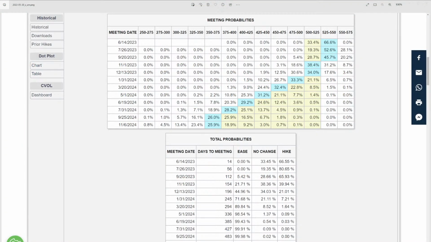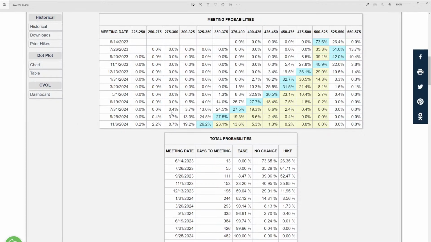Now, this here is the Federal Reserve Meeting Probabilities. And what's important about what we're seeing, this one is from yesterday. Let me go forward to today. So this is the one I took the snapshot of this morning. This is from CME Group, the big futures exchange, that's the word I'm looking for, in the US. And what we're seeing here are the